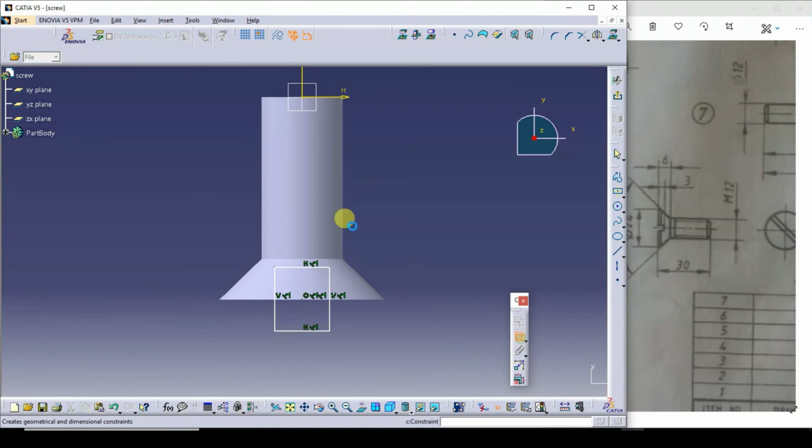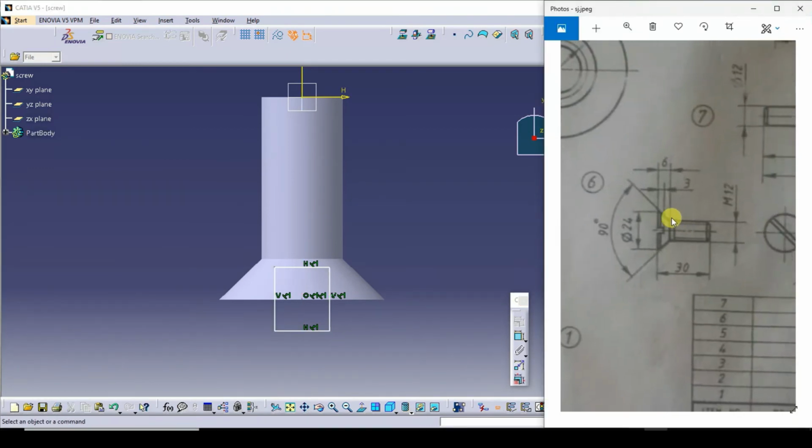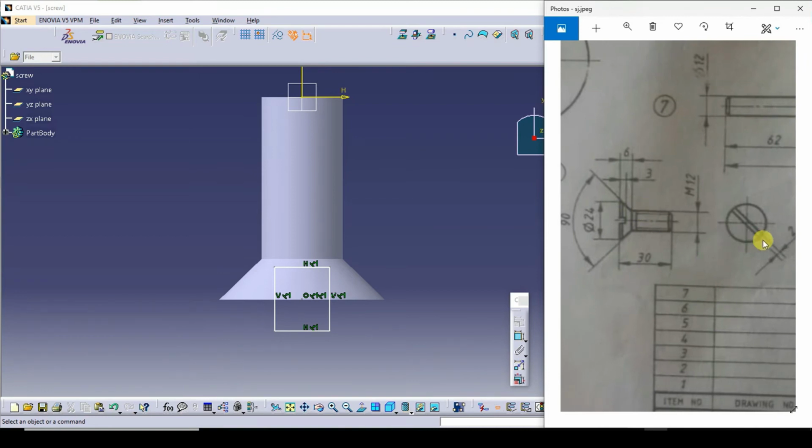Let me check what this distance is first. Distance from this and this is 3.9 mm it is taking. So total should be how much? See here, it is 2 mm. So this has to be 2 mm.